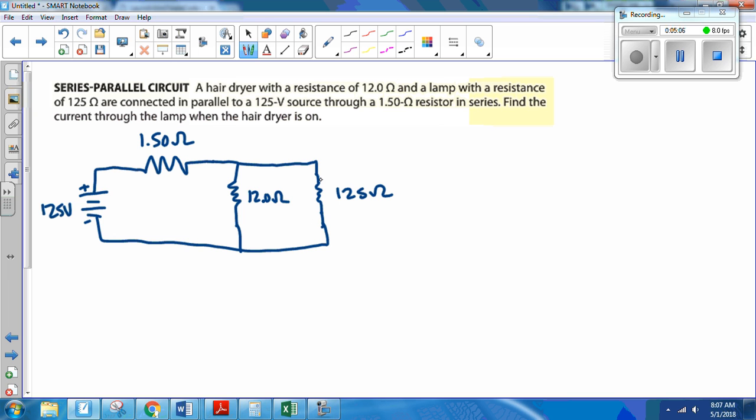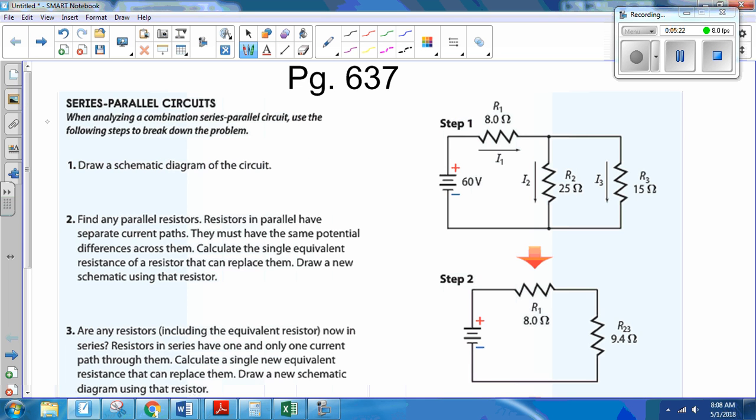Okay, so it wants me to find the current that goes through the lamp. The lamp is right here. So you see that we have a series parallel circuit, correct? It's combined. Okay. So step one was to do what? Step one was draw the schematic. We did that, right? Step two is to find the parallel resistors and combine them. So we come over here,